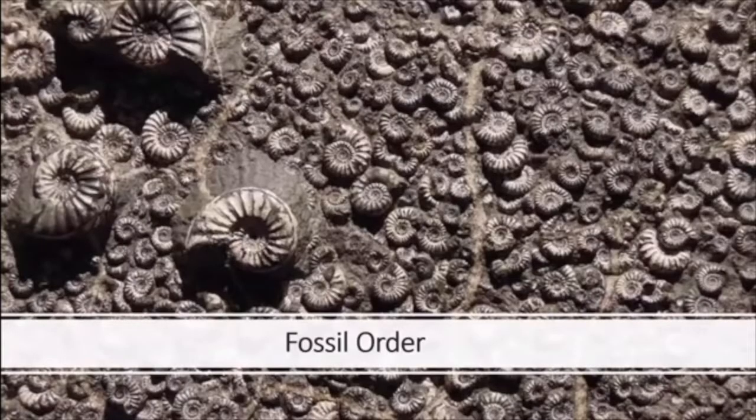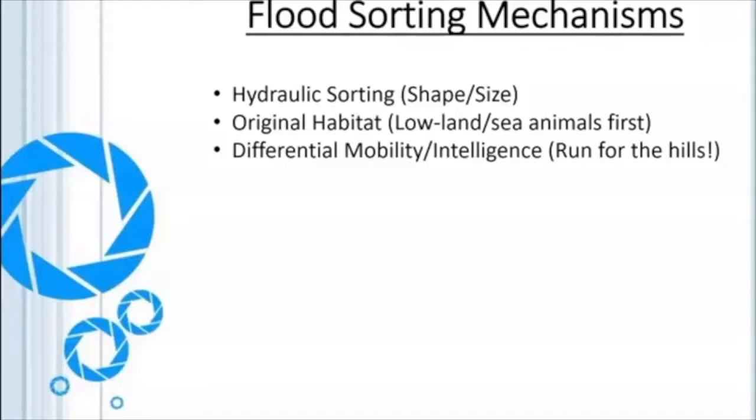According to flood geology, fossils are the remains of creatures that were trapped in one single catastrophic flood event. To explain the apparent sorting of fossils, i.e. dinosaurs in the lower rocks, mammals in higher rocks, the methods proposed are hydraulic sorting, original location, and differential mobility and intelligence. This is great stuff for making specific predictions to test, so let's start with that, beginning with